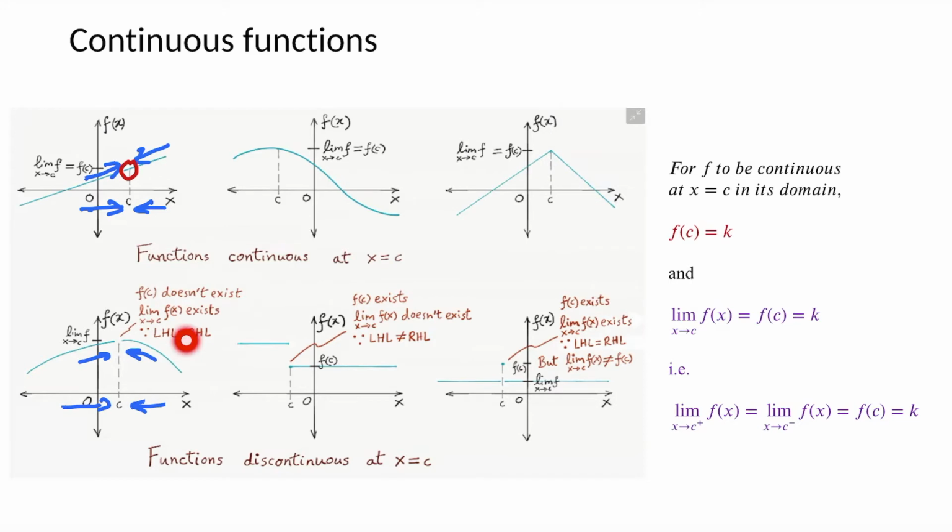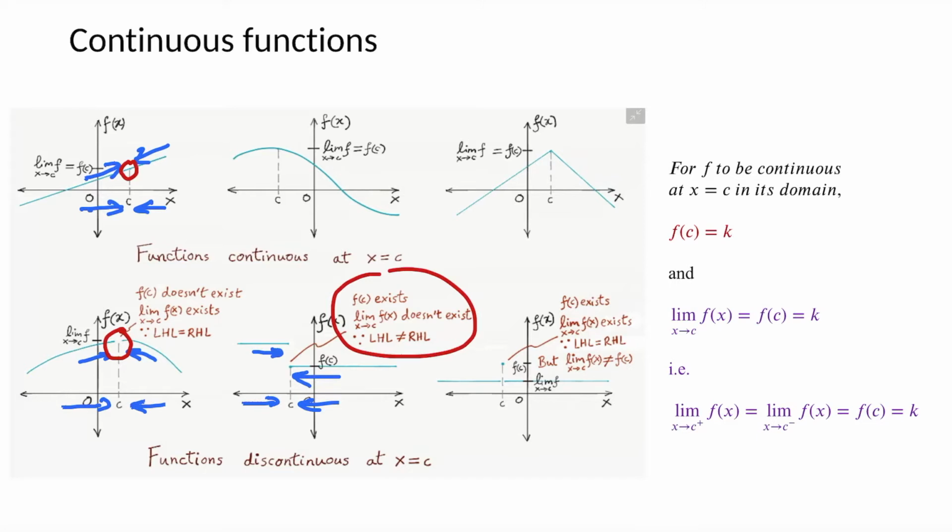And that is what is written here, but we see that the function itself is not defined at x equal to c. It does not take any value. So that condition is violated. If you look at this middle graph at the bottom, when you approach x equal to c from the left or from the right hand side, the function seems to approach 2 different values, and therefore we say that the limit of the function is not defined at x equal to c.